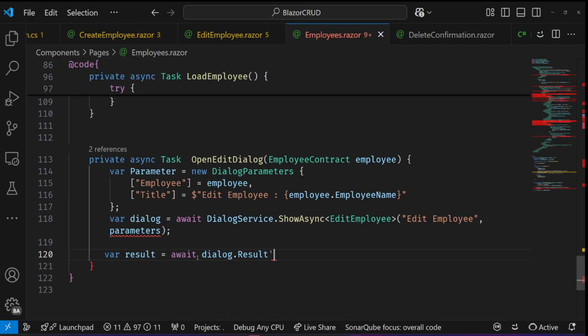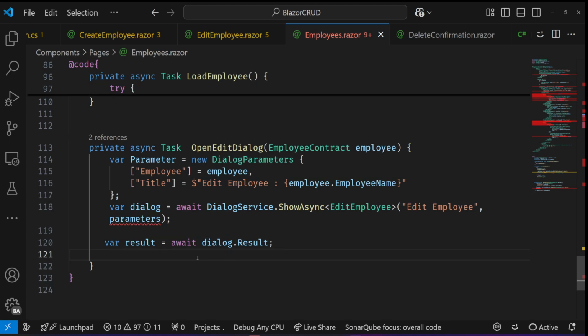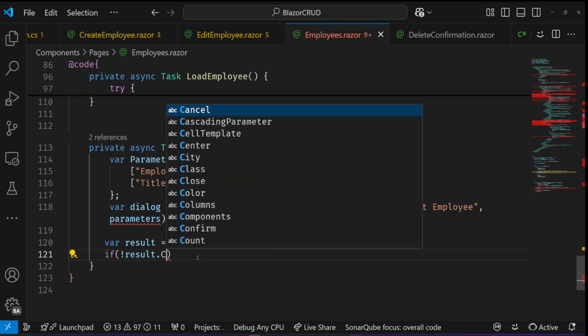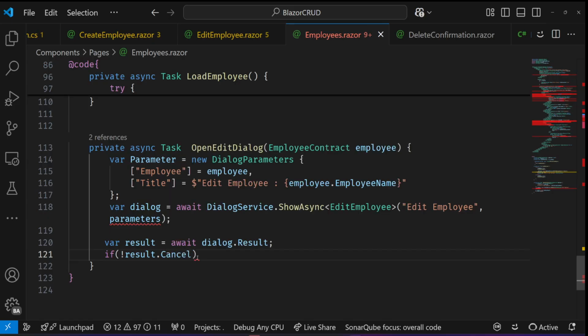Okay, so we have this also showing up, and then you see that if it's not cancelled, right, if the result that is coming in is not cancelled, which we are going to create, the cancel coming in, but this should work. It should be cancelled, like that. So if that result is not cancelled, what we do is that